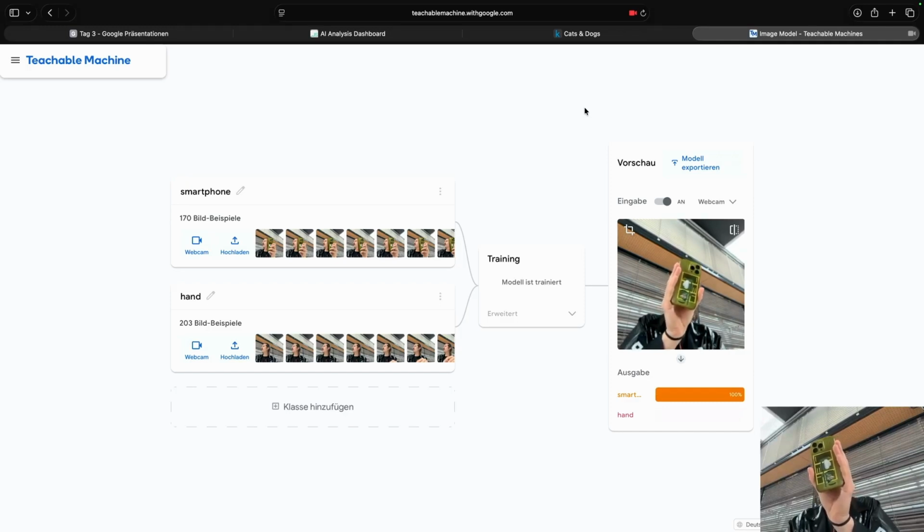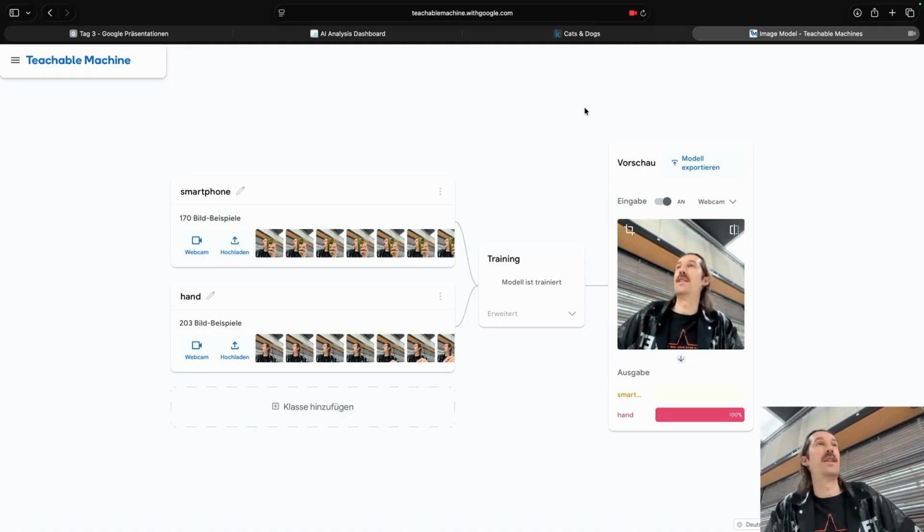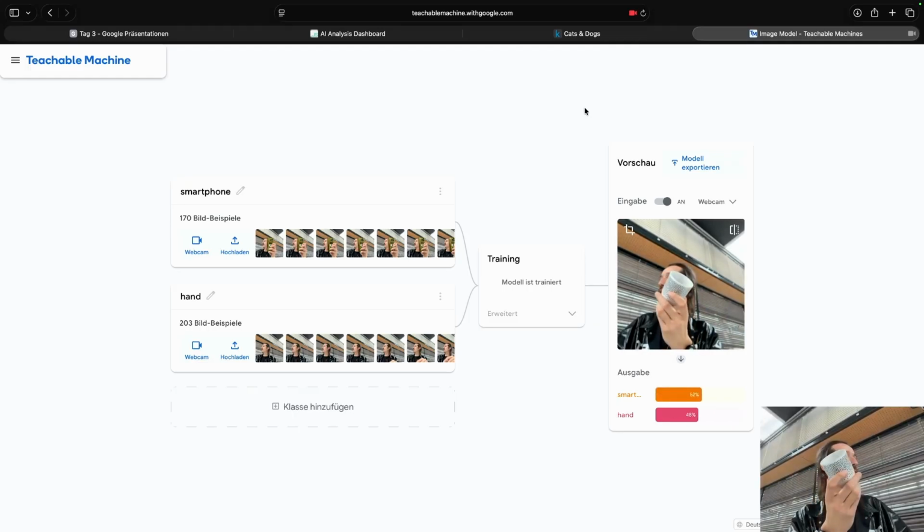And with this kind of stuff, you can already go forward and build some interactive installations or things like this just by flipping the categories here. And then, of course, you can also hold up other objects and ask the network what it sees. It's kind of interesting, just by rotating it, it already has an influence on the categories.